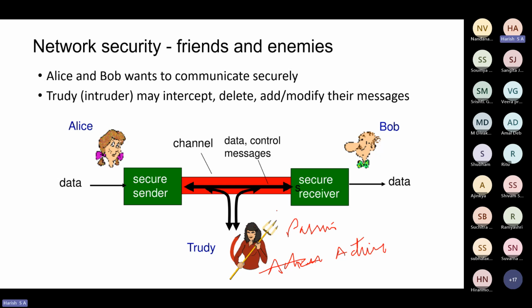Being passive would mean that you are just observing what is going on from left to right here. Okay? You're just making conclusions from it. But active means you're inserting your own messages. You're modifying the messages that are in transit. So that's being an active intruder. Passive and active, both are possible for someone like Trudy. And who's Trudy? It's a man in the middle.